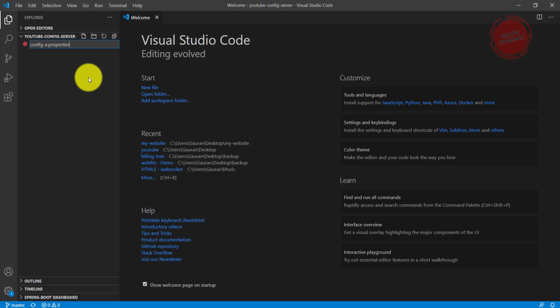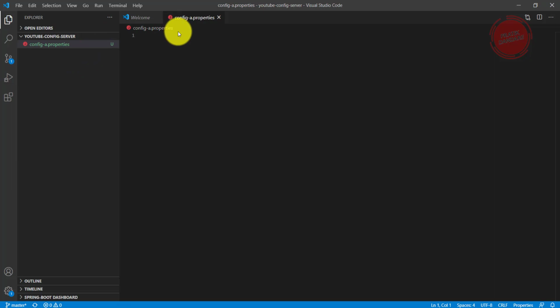So it's a properties file for configuring a project. I want to create one project having the name config-a. You can put whatever project name according to your requirement. You can change it. But every project has multiple properties, like you have a dev environment, multiple environments, dev environment, and after that you have SIT, or testing environment. According to your environment, your connections and all properties change. So you need to maintain those multiple environments inside the properties.